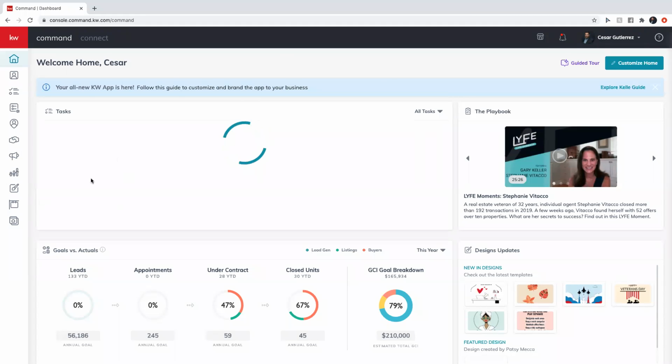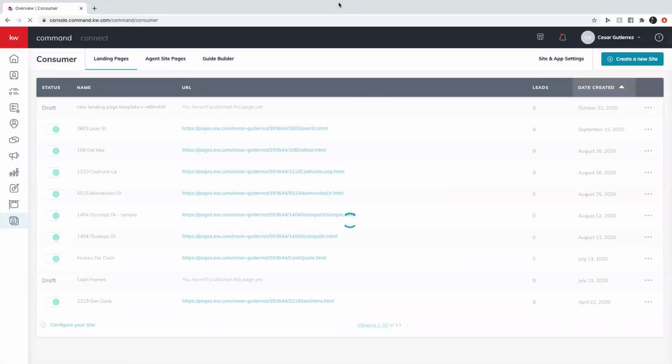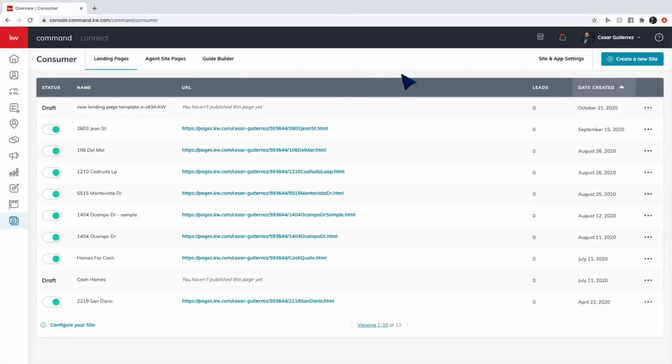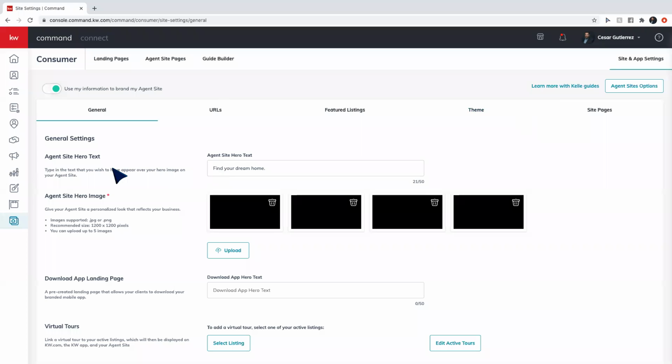Okay. So for your website, what you're going to want to do is go into consumer over here at the bottom middle left, and just bear with me. I think we're having a little bit of a lag on the internet. Okay. So for your actual website, you want to click on Site and App Settings. Okay. So you click here on Apps, Site and App Settings, and you'll see that here you get some information as far as the general information